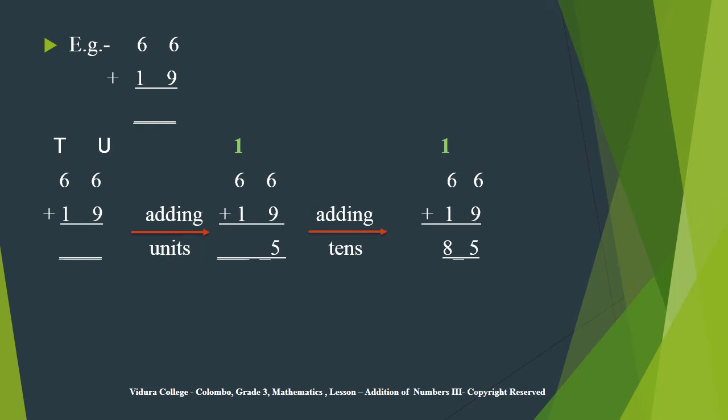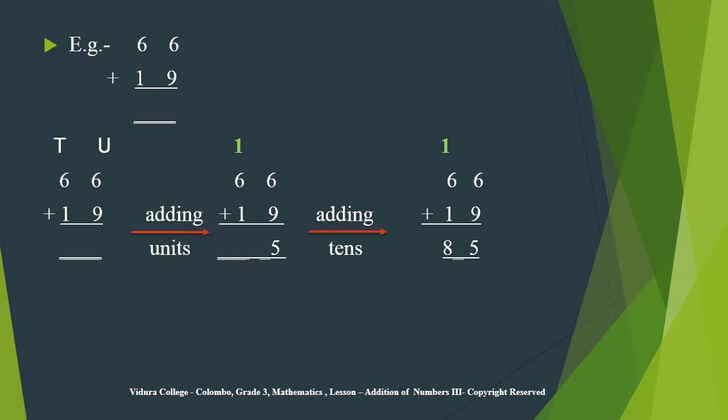So first you should add up the units place values. So when you add 6 and 9, you will get the answer as 15. But you can't write 15 in the units place. So what you can do is you have to take 5 from 15 and you have to write it under the units place value. Then you have to write that 1 of 15 on top of the tens place value